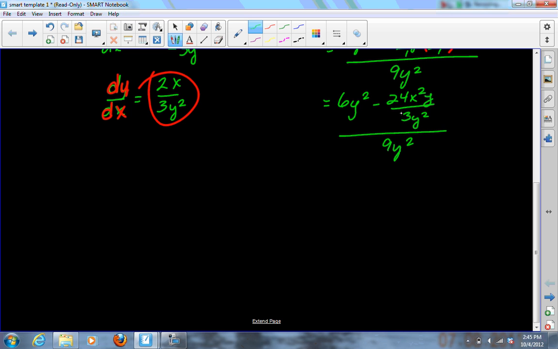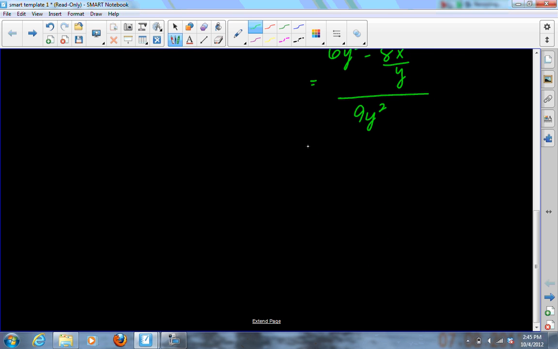This right here will reduce. Of course, the y's will cancel a little bit. So I have 6y squared minus 8x squared over y. That's because 24 over 3 makes 8. X squared still on the top, a y on the bottom. All over 9y squared,